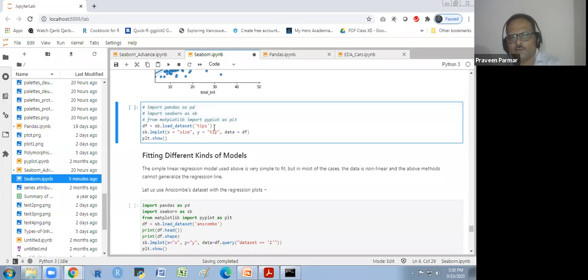Here are the tips, and here the size, how many persons were there in a restaurant, in a group, and the tip. As per the number of persons they give the tip. If there is one person, they will give a very small tip. If there are 6 to 8 persons, they will give more tip to the waiter. Does that make sense to everyone?